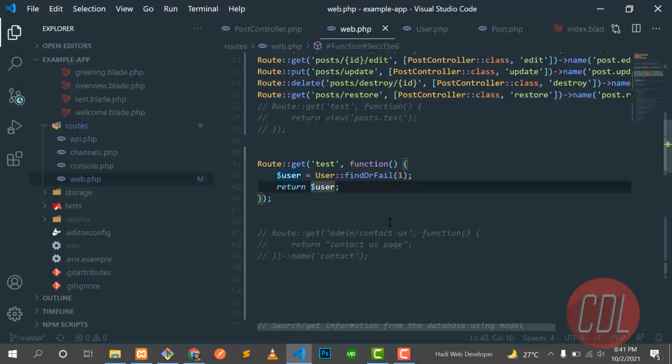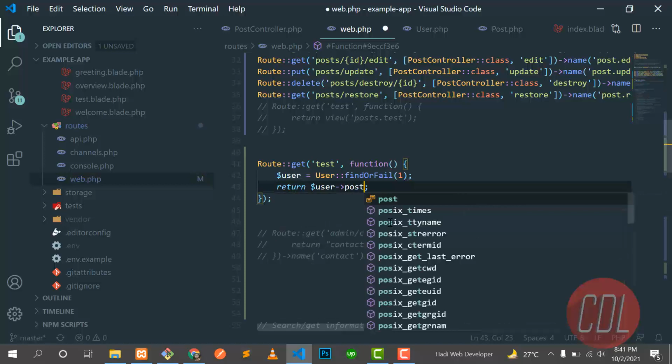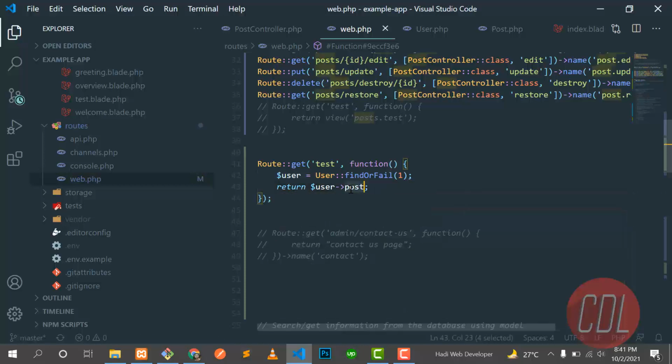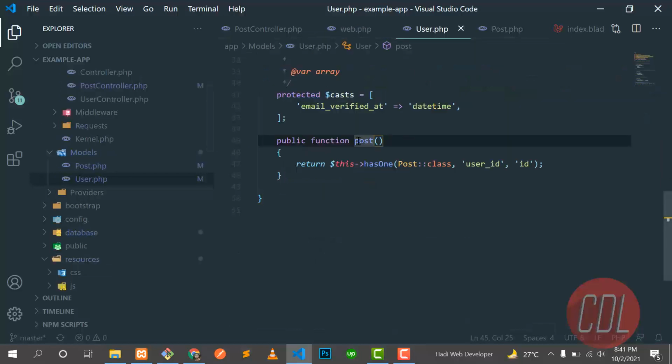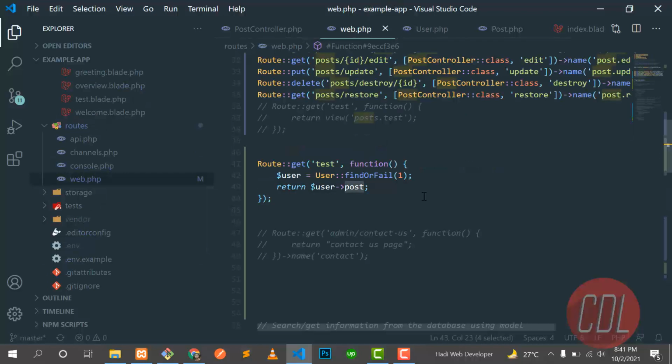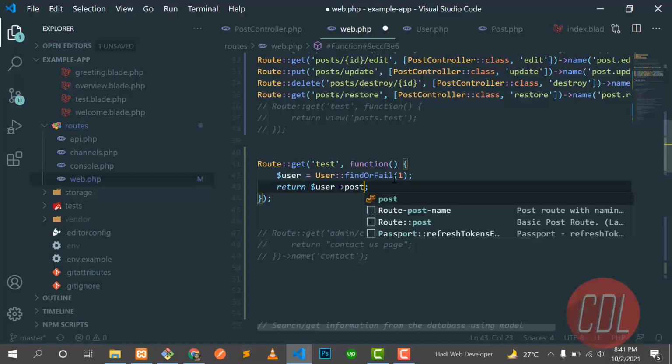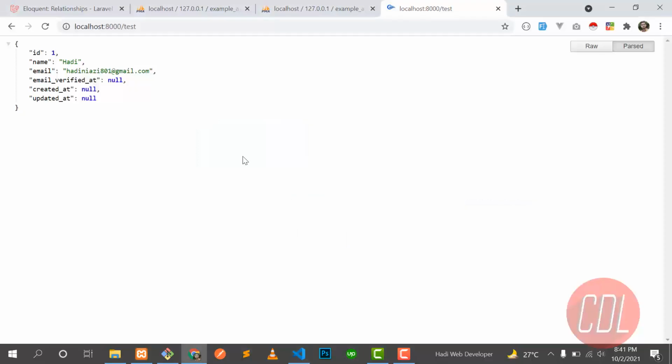It's very simple in Laravel. I just need to add a property here, post. We name it after the function we are accessing from the user model, where we defined this post. You call it without parentheses, right? Here you don't need to add the parentheses, because that will cause an eager loading issue. I will explain what eager loading is. So just add post, save this one, go to the web browser and give it a refresh.